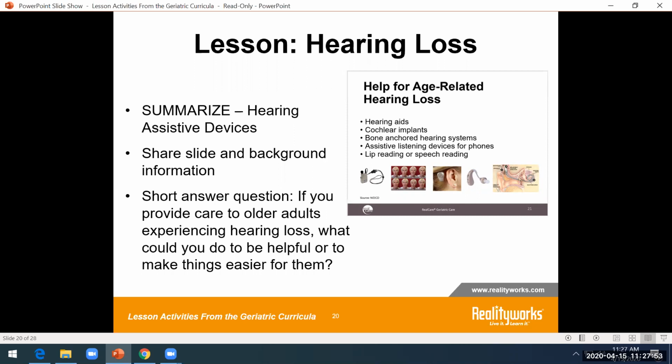Bone anchored hearing systems bypass the ear canal and middle ear to use your natural body's ability to transfer sound through bone conduction. Assistive listening devices can be used with things like phones, tablets, or a system in a theater or auditorium. These help to amplify the sounds that you want to hear. Lip reading or even speech reading is where people pay close attention as they watch the speaker's mouth